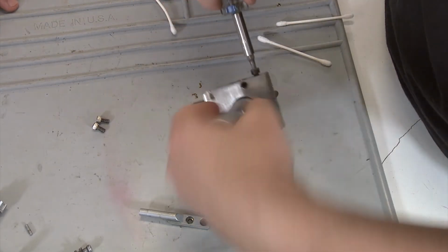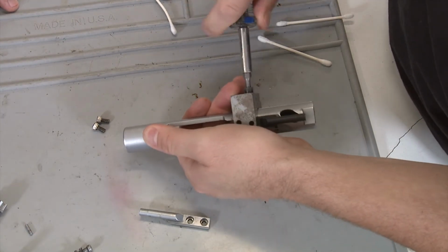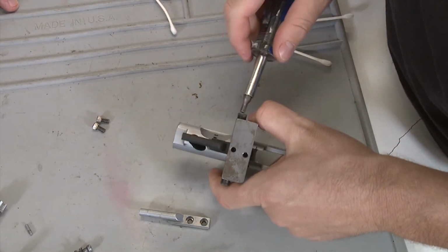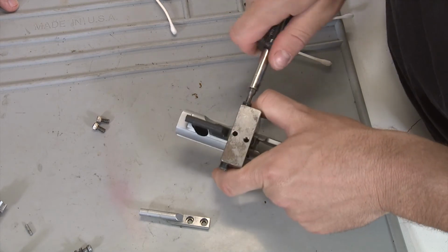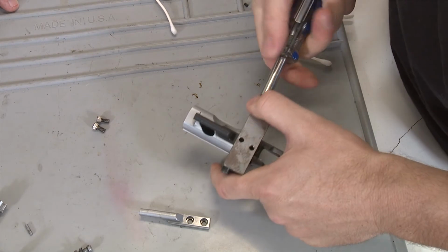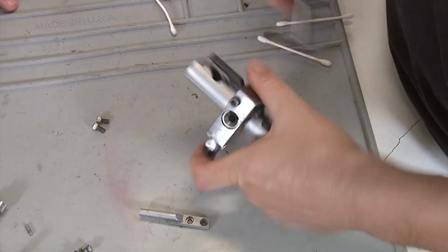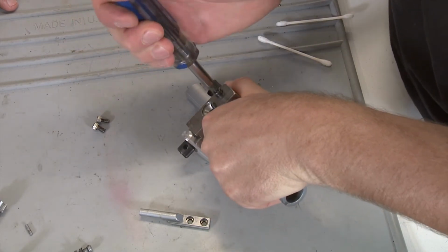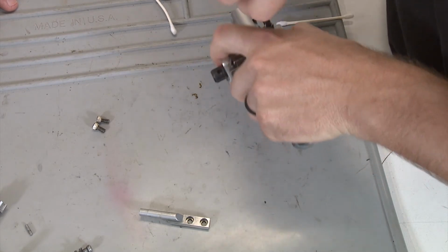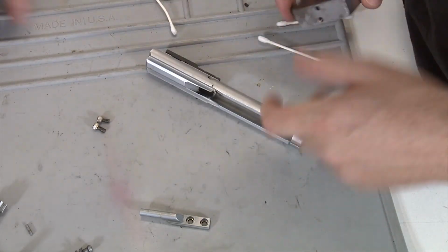It's an interesting process, Marty. Mm-hmm. I knew that they were staked. I didn't know the reason why for the staking and how it was done. Yeah. Well, you'll run into a cycling issue, where it'll seem like the gun doesn't want to lock open, or doesn't want to eject completely, or something to that effect. But I mean, you definitely need the correct parts involved in your ARs, and kind of how we were talking about,